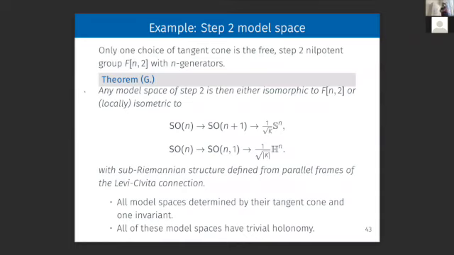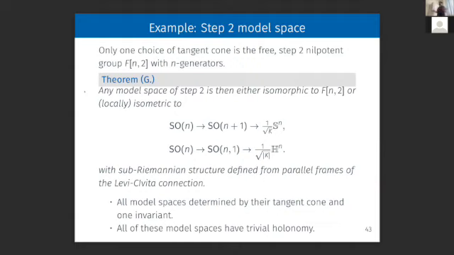So one example is: what are all the model spaces of step 2? That means that you take your H and then you take brackets of all vector fields in H with itself, and then you're done. What are all the model spaces that fit this description? Well,